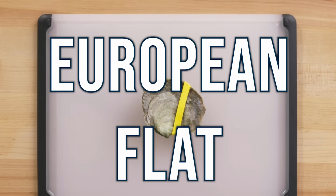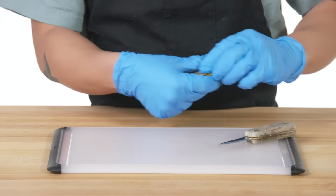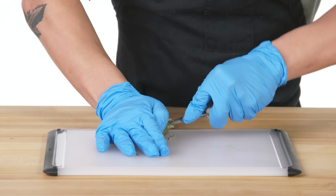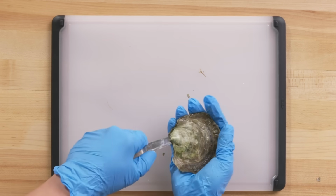European flat, also sometimes known as Belon oysters. First step for these is to remove the band. So you find the hinge right where the two shells connect, but just don't stop wiggling, don't stop pressing, and you'll feel it start to go slightly in more until you get that pop. Get that